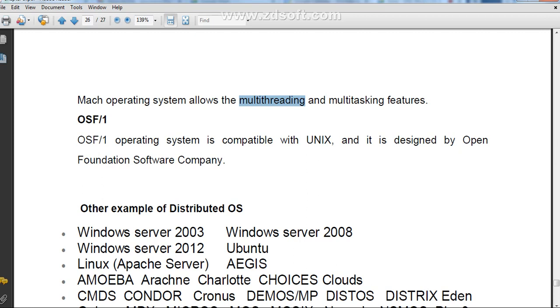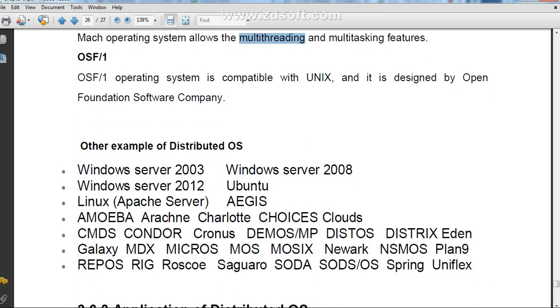Some other examples of distributed operating system are Windows Server 2003, Windows Server 2008, Windows Server 2012, Ubuntu. Ubuntu आपने देखा है ऑपरेटिंग सिस्टम? Ubuntu यूज़ किया है कभी? No, sir.